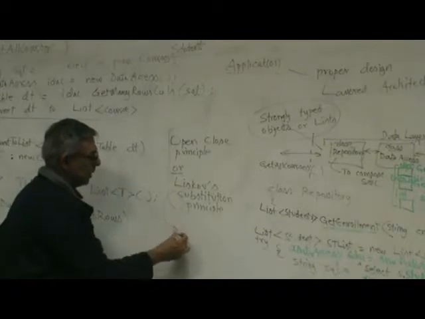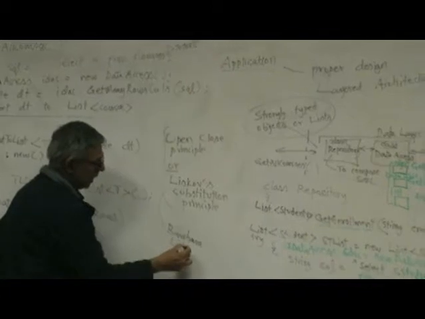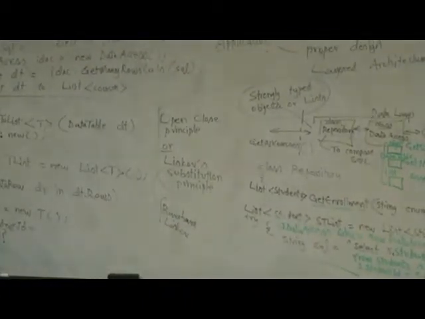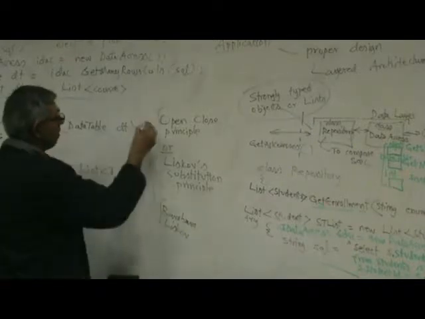Her name is Barbara Liskov. She wrote a complicated research paper with a lot of theorems and proofs. If you read it, you'll be totally confused. So I'll explain it in very, very simple terms. In very, very simple terms, both open-close principle and Liskov's substitution principle basically mean